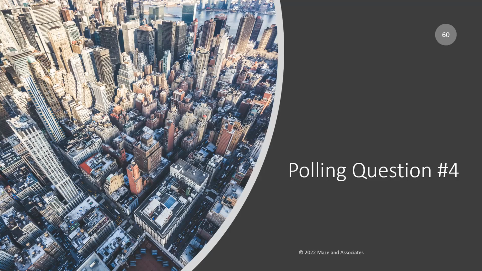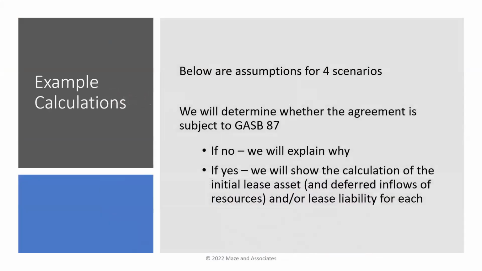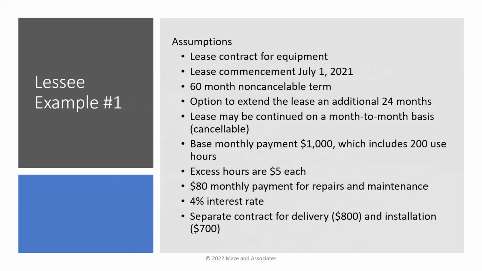Great. All right. So we're going to go through a couple calculations. I had 4 on here, but I'm only going to go through a couple because we are running close to the end, and I'm not going to get to everything I wanted to go to. So we have 4 scenarios, and we're just going to talk about the why and the what.